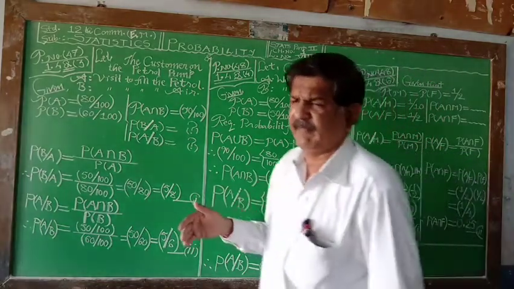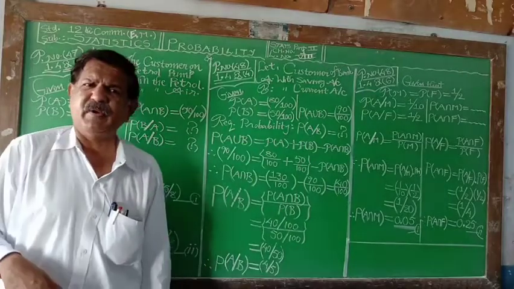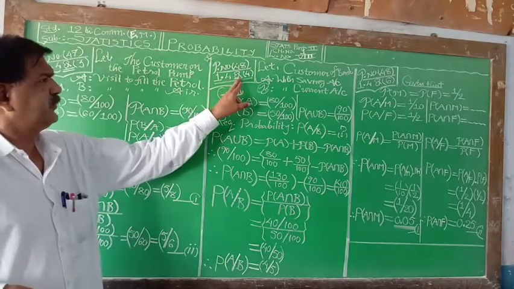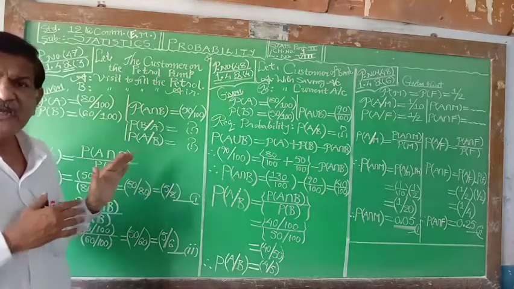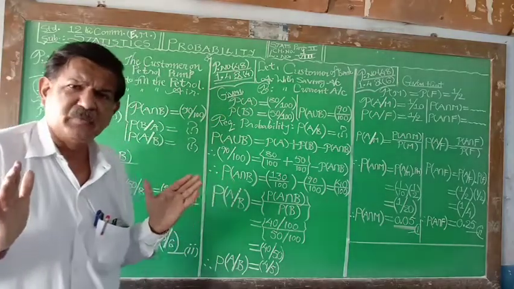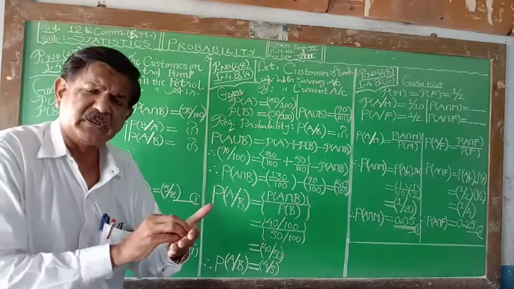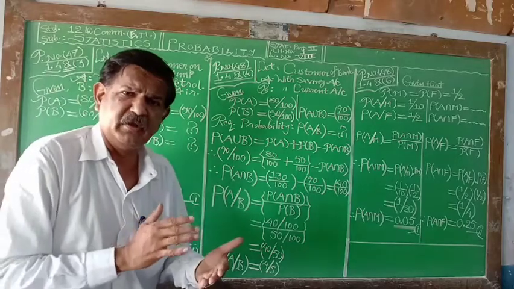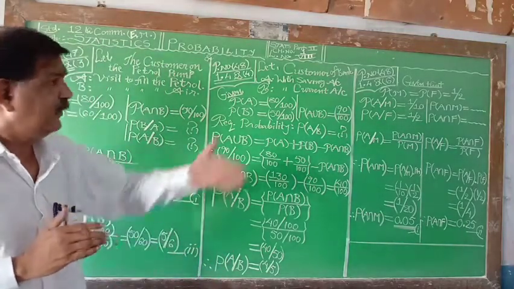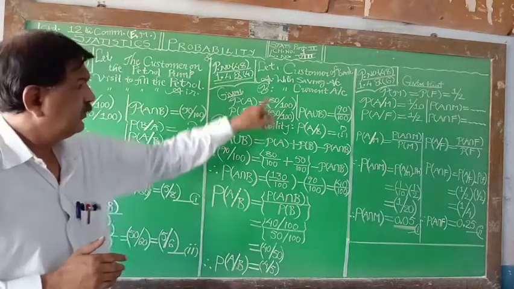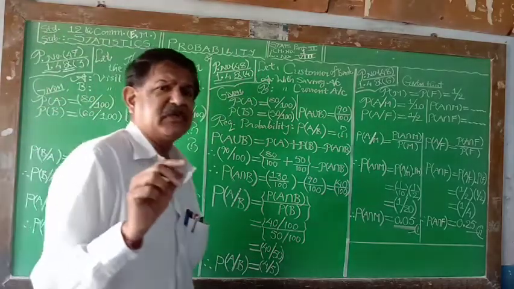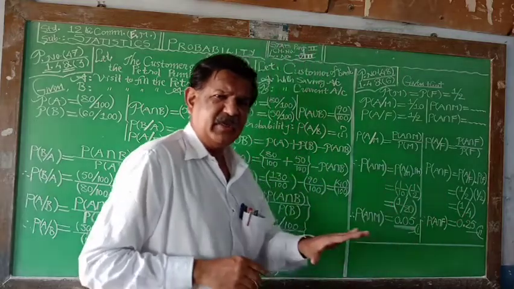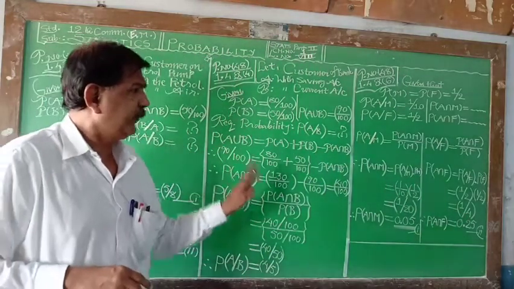Now another example, one more example from exercise 1.4 on page number 48, example number 4. These are examples based on the textbook, so you must keep the textbook with you. Read the sum, read the example, read the question. Try to follow, try to understand, and then see the solution. This example can be asked for 3 to 4 marks, in Section C, D, or E, meaning 2, 3, or 4 marks.